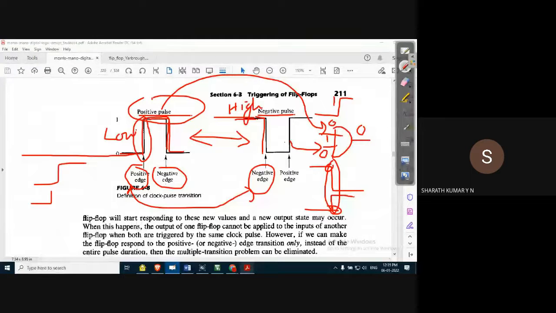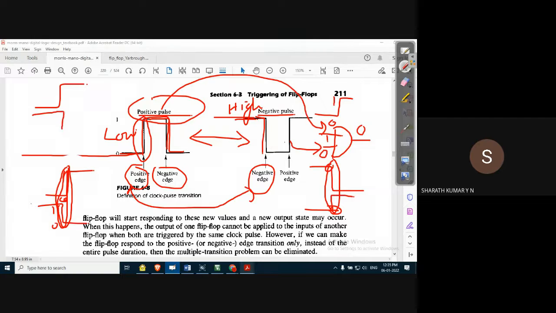For example, let us say if the waveform is like this, something like, let us take one example, some waveform like this. Because if you observe these two pulses now, here it is going from 0 to 1, positive pulse. Negative pulse is going from 1 to 0. For a short duration, both the signals will be, if this is 0 and this is 1. This is one possibility. The other possibility, let us write the other possibility.